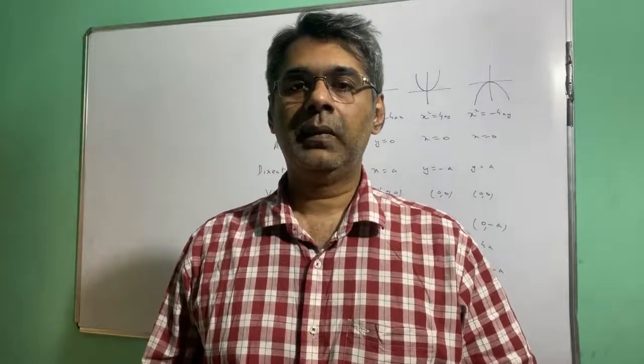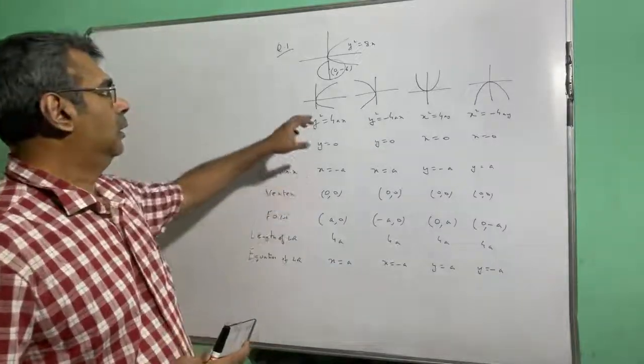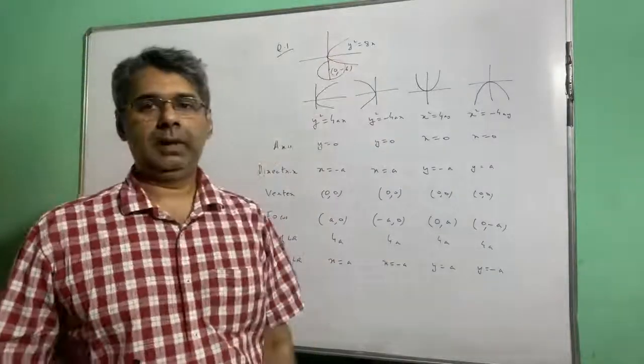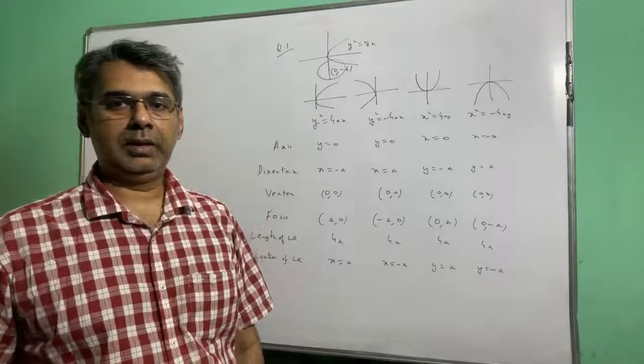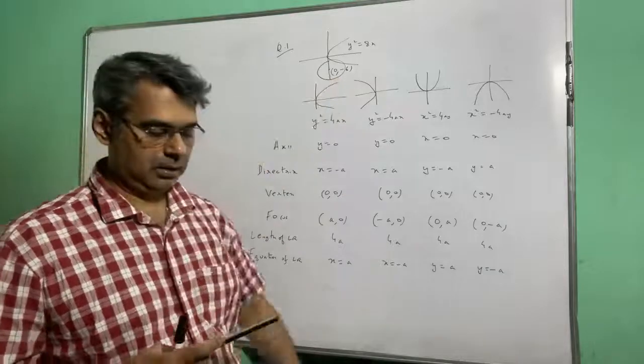So, basically, there is a parabola y square equal to 8x, and there is a circle